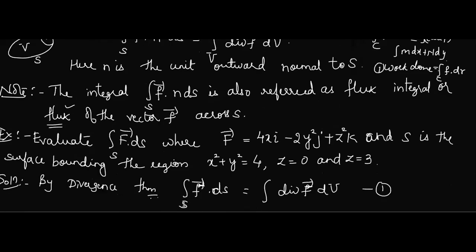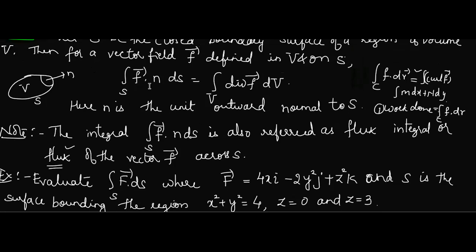So by divergence theorem, what we have is the integral of F dot ds. Now you can compare. Here we have F dot ds, there it is F dot n ds. You need not worry whether n is included or not. Just see if it is over a surface. If n is mentioned, take it. If not mentioned, don't take it. Because in one problem they have even taken it as a double integration over S. Those are the notations. We'll not go into detail. We'll just see how to solve the example. Is it okay?